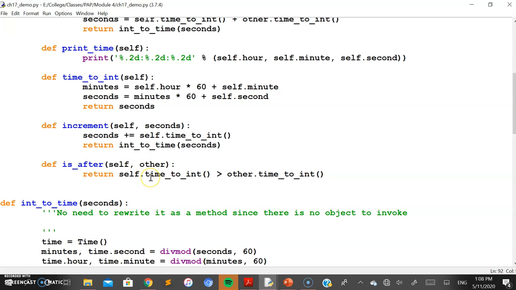If you remember in the previous chapter, we discussed this by considering tuples for the comparison, but somewhat different logic has been used here, where we convert both the objects into integers, and then use the comparison operator to find out whether self is followed by other or not. If it is true, it will give the result as true, or else if it is not greater, it will give the result as false here.